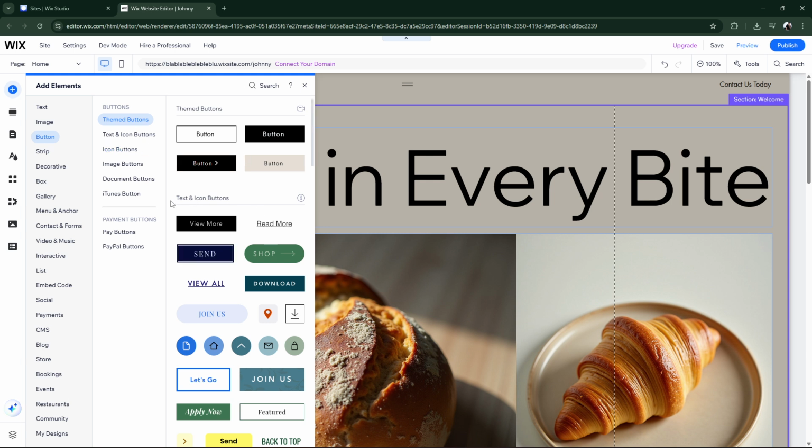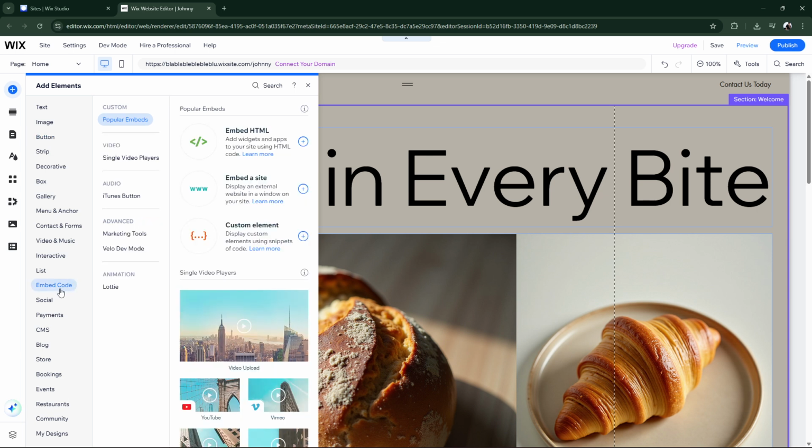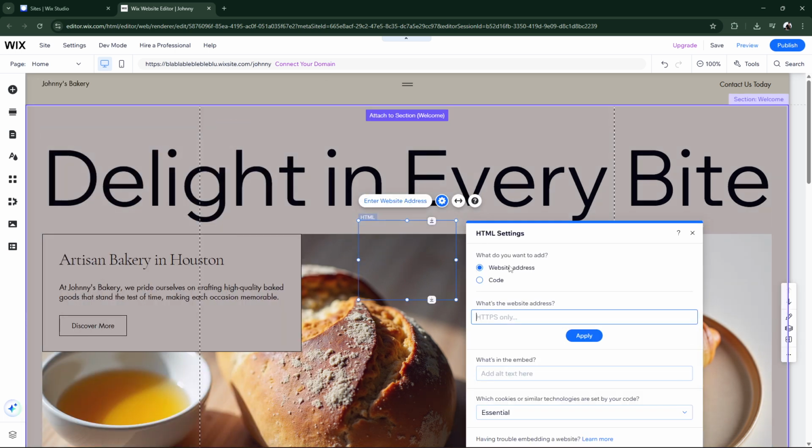If you'd like to add custom code, such as HTML, CSS, or JavaScript, the embed code option is your go-to. For instance, you can choose to display an external website in a window on your site by selecting the relevant option within this tool. Remember to click on Apply after making changes to ensure that all your edits are saved